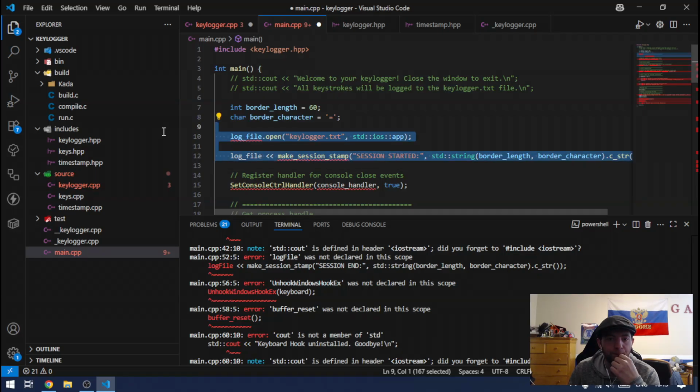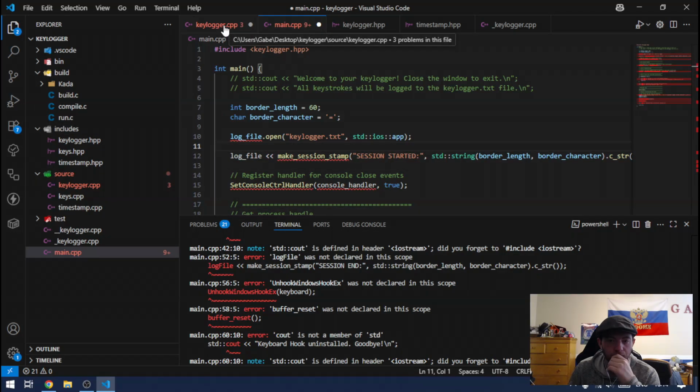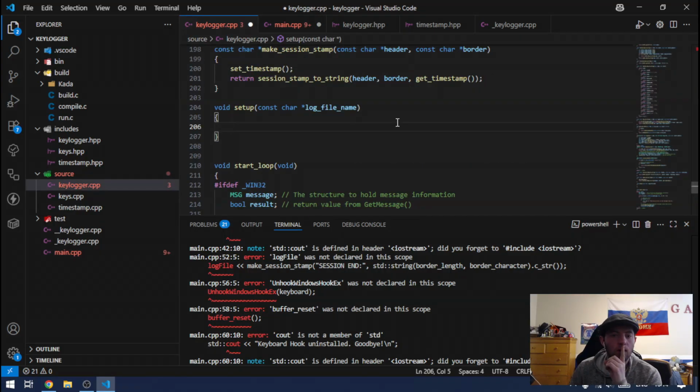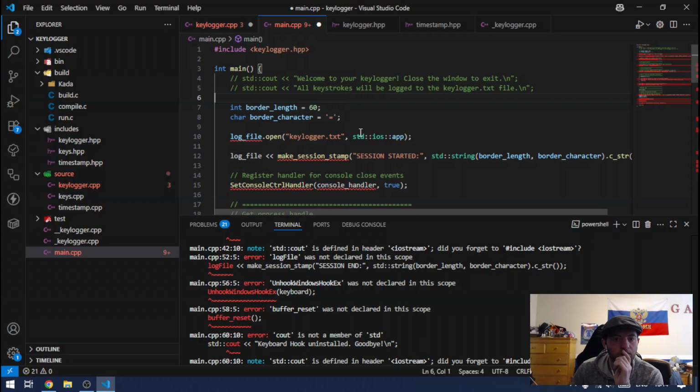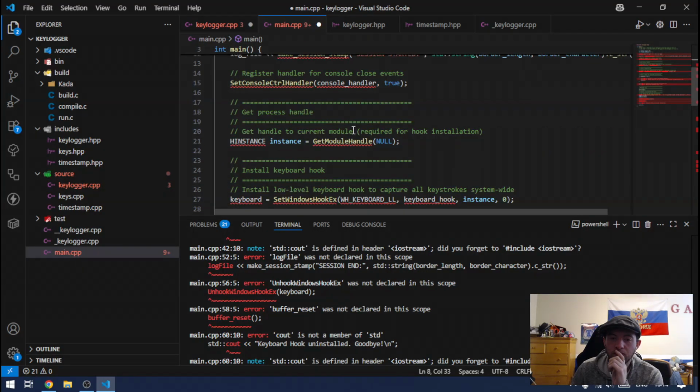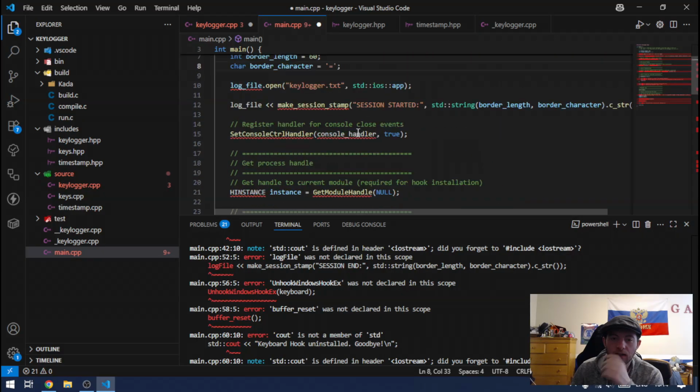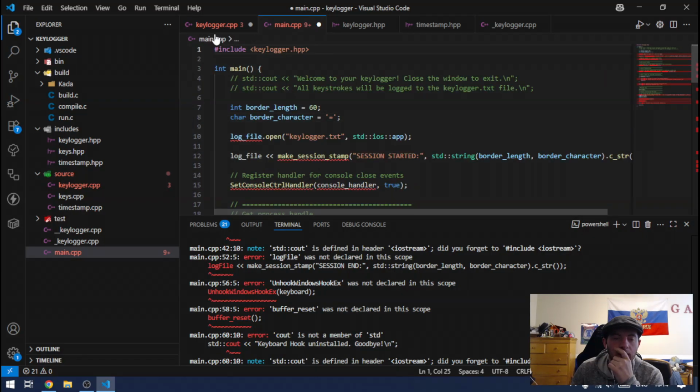Yeah. Or maybe what it could do is return the log file. No, yeah, because it still needs to be global. Right,